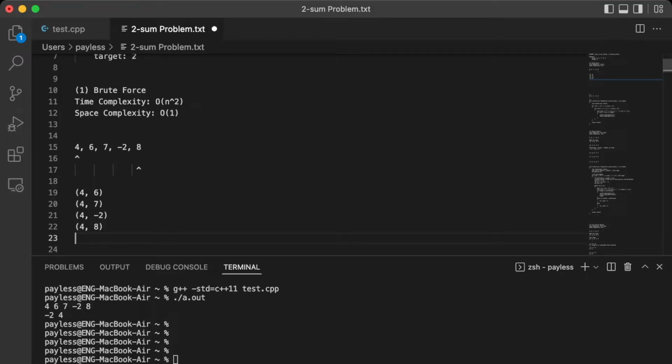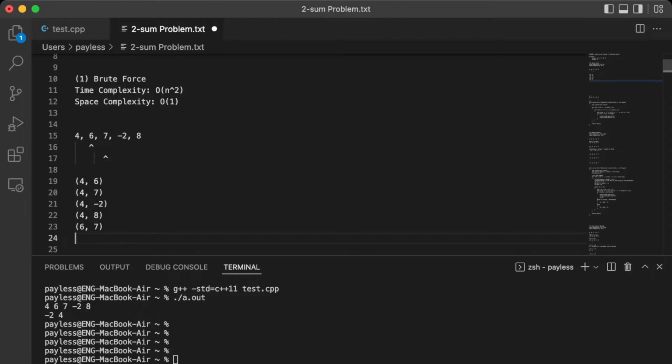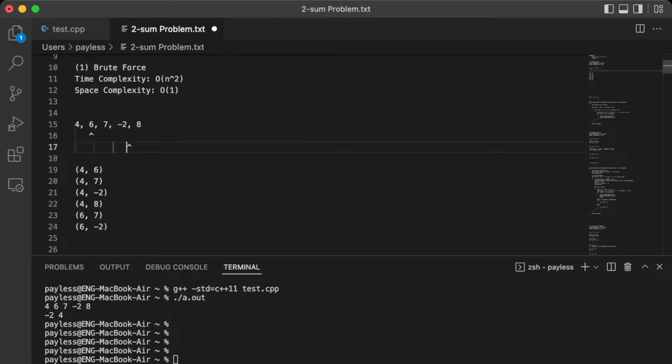So after we're done with the second pointer, we move our first pointer over, and our second pointer again will be one element after the first pointer. So our next pair will be 6, 7, and we move our second pointer, and our next pair will be 6, -2. We move our second pointer again. Our next pair is 6, 8,